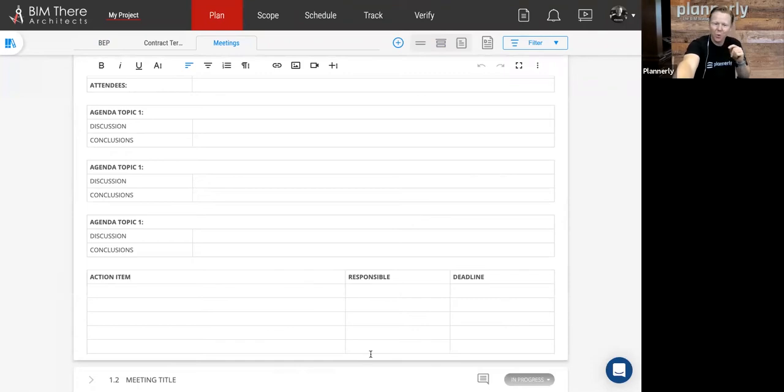So that's just one example of how much quicker we can make it to create and how much more fun. That was more fun, wasn't it? Yeah, a little bit. Simple, fun. And as soon as you've created your plan, you can then use it in the project, and you could print the cards out on the wall and use them in your project on the site as well if you wanted to.